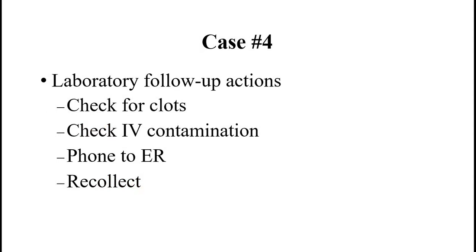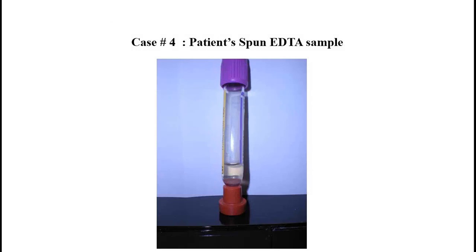And potentially you can ask the ER, hey, what's happening here? Is there a mistake made here? And ask for a recollect. And that's what we did. There's no problem with the patient. The sample looks definitely short. There's no problem with the sample either, because the sample was collected properly, and there's only a little bit of